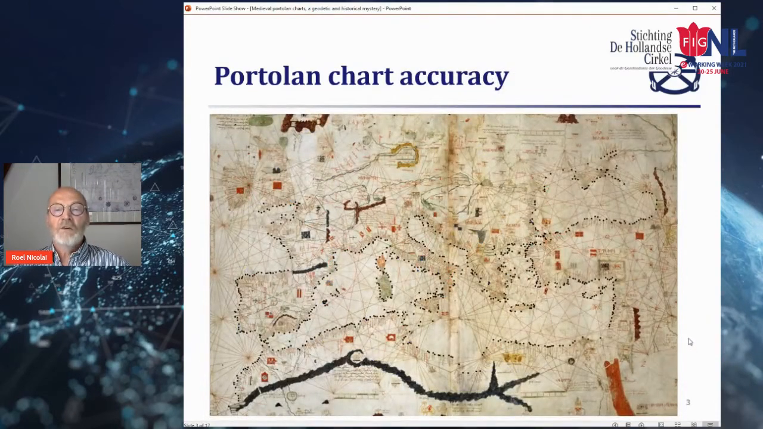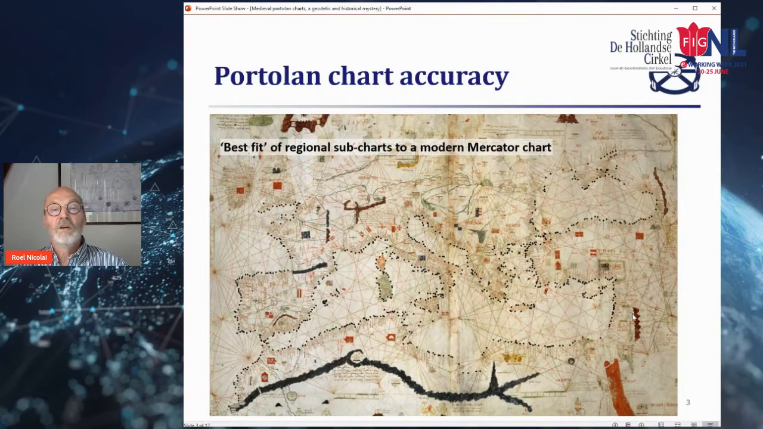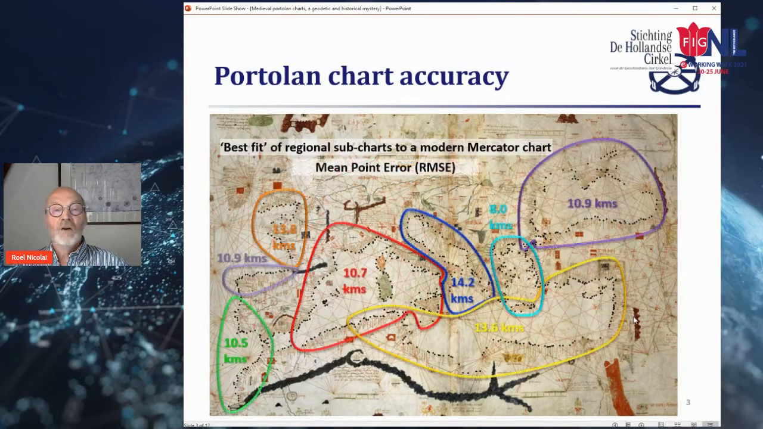To analyze their accuracy, I selected pairs of identical points, one on the chart and the corresponding point in a modern dataset, 836 on this particular chart. I computed a least squares fit of the regions of the portolan chart to their modern equivalents on the Mercator projection, and that allowed me to